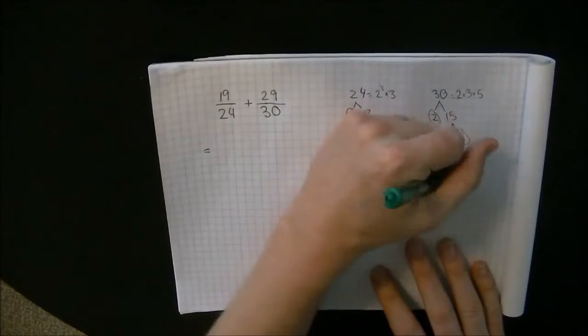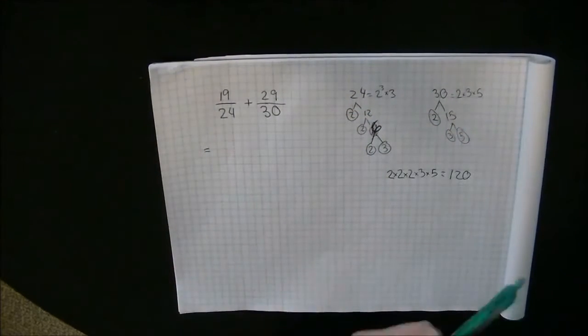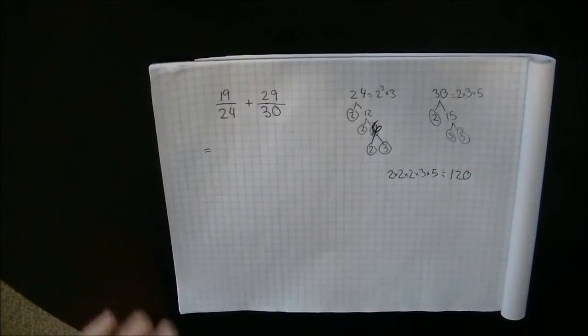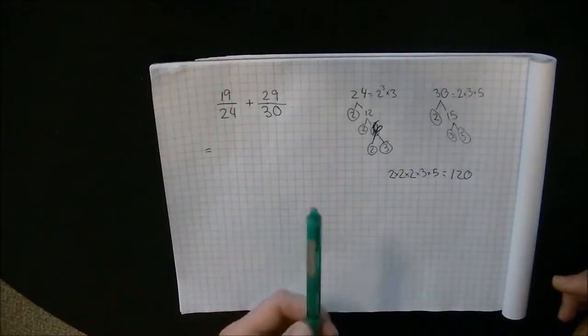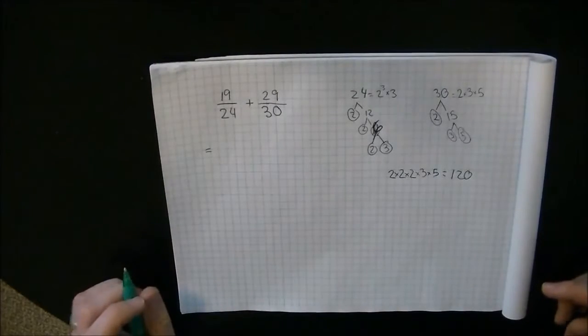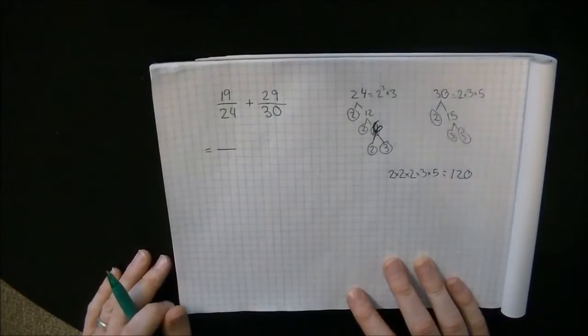So this is equal to 120. So both 24 and 30 go into 120, and that is the lowest common denominator that we could use,